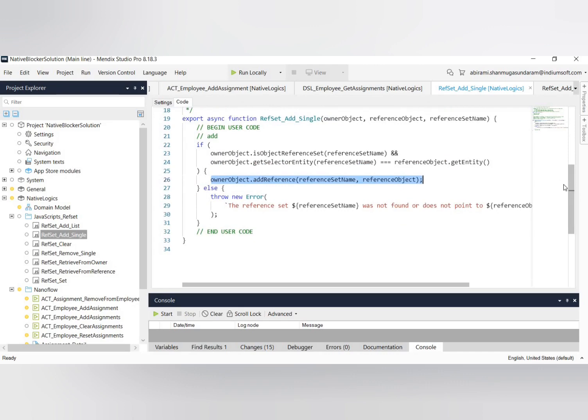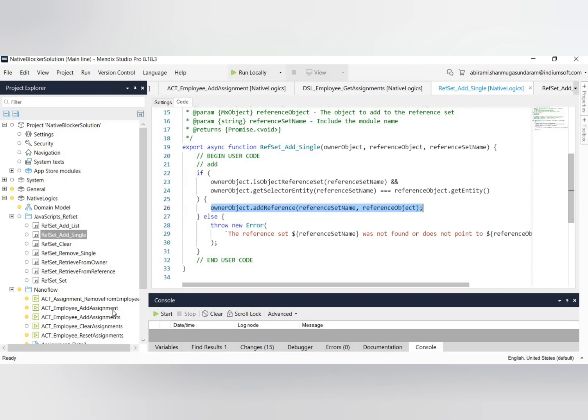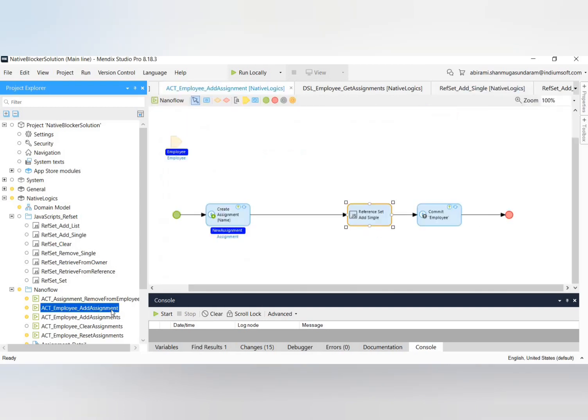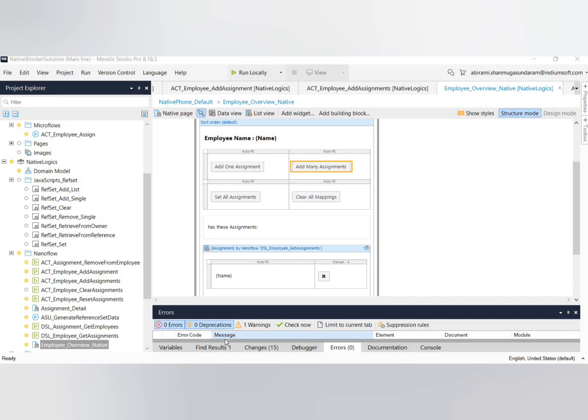And yes, with this code mapped to the JavaScript action call, the mapping of an object with a many-to-many relationship is achieved in the nanoflow itself using this particular code through the JavaScript action call. Now, let's move to the second solution of achieving the mapping of a list to another object. We have called a nanoflow